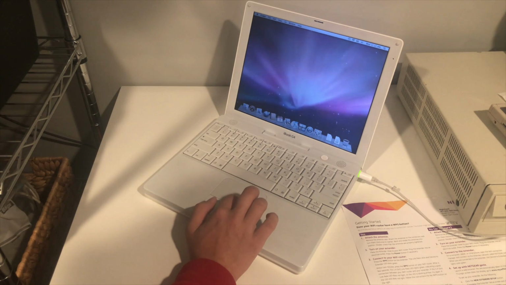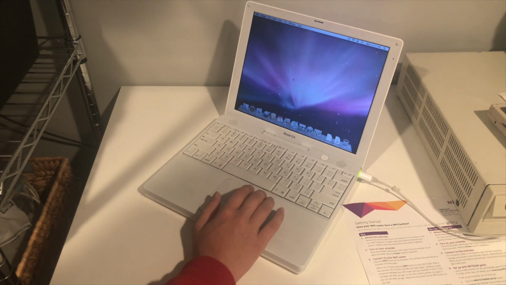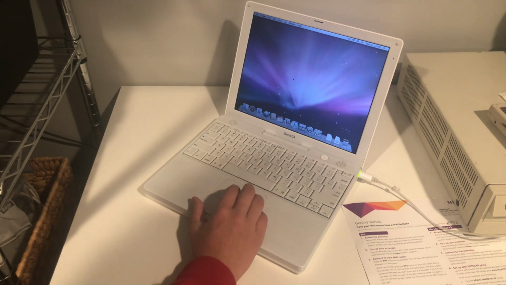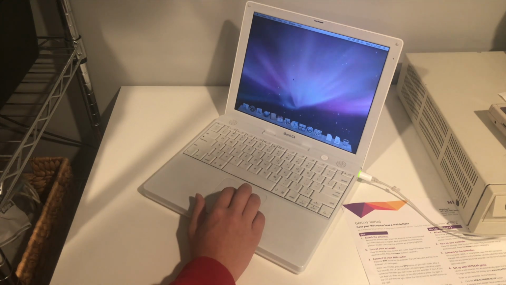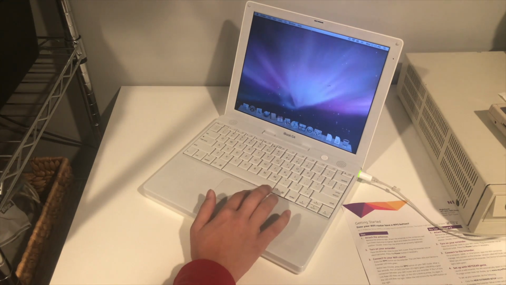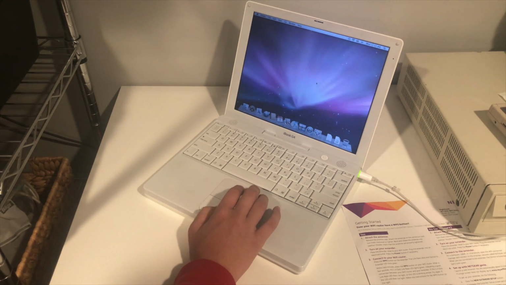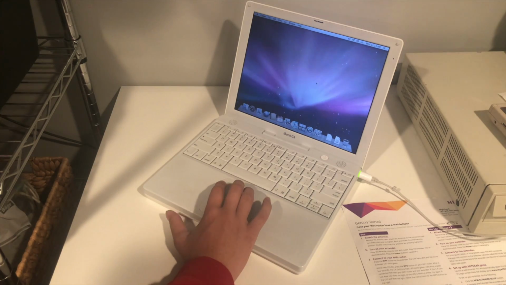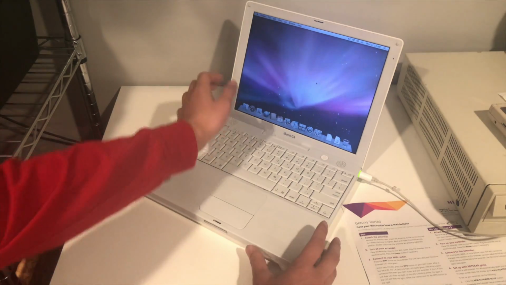Okay. So I have painstakingly put 10.4 Fox on here, which I wasn't able to download using Safari. I was able to download Camino thinking I could download 10.4 Fox from Camino. That didn't work. So yeah, we are good to go. So by this point in the development of macOS,